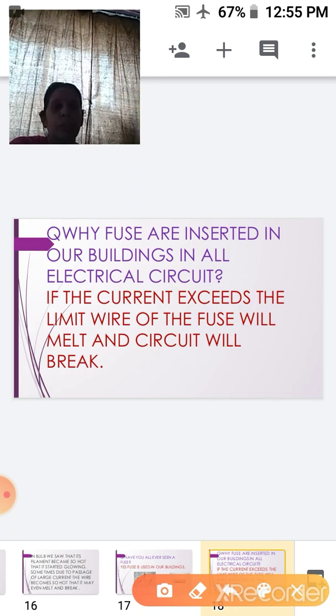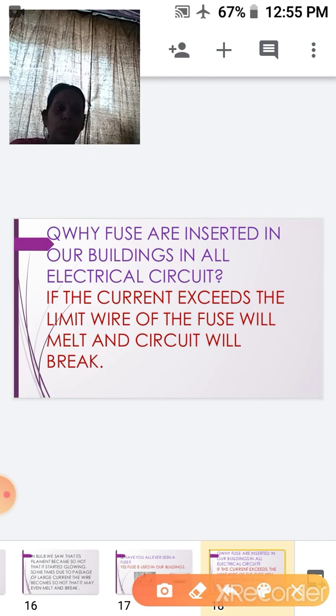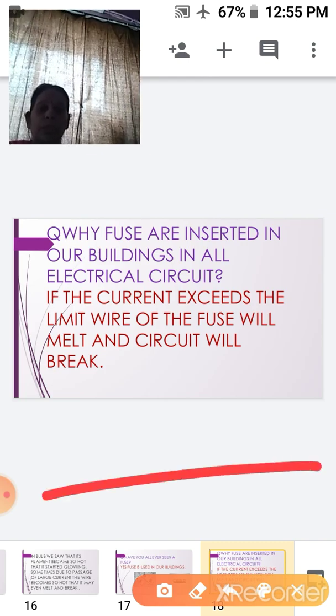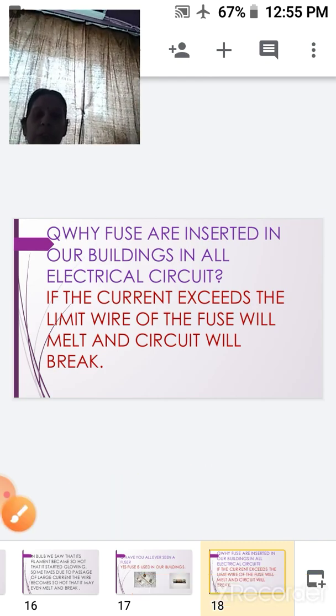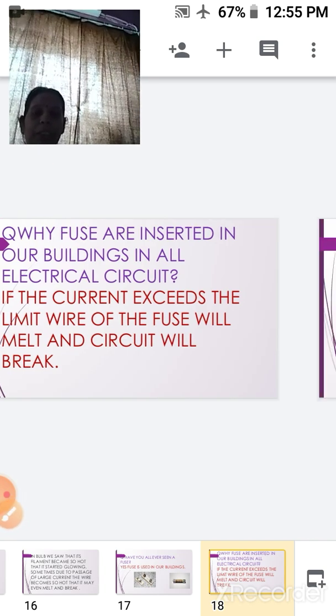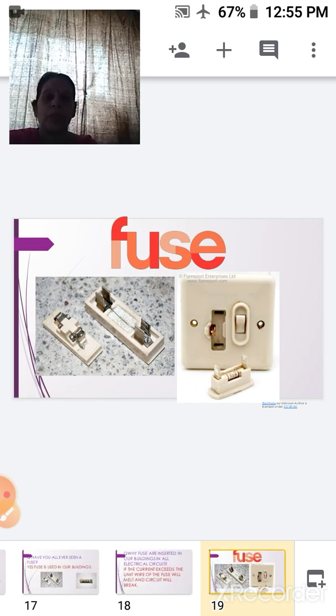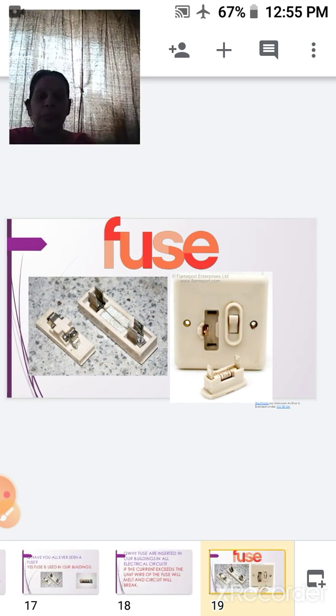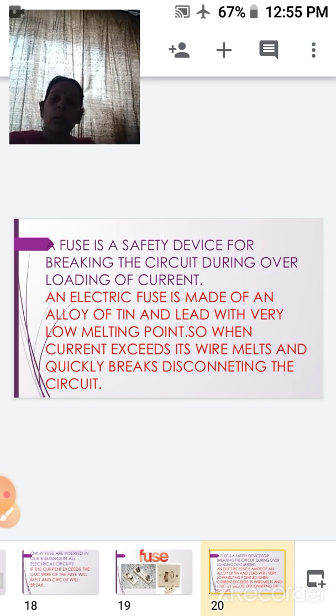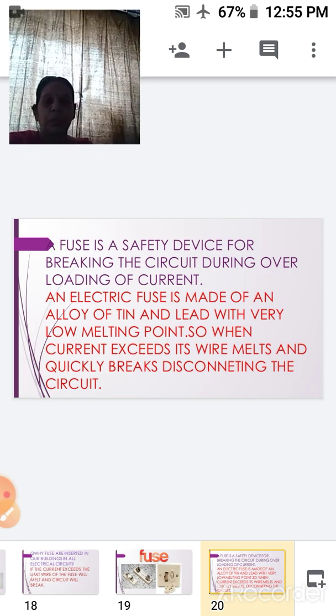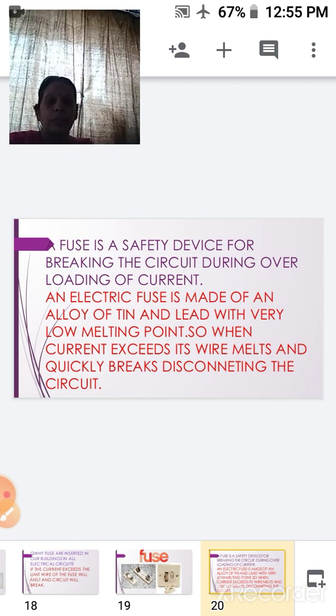Okay, so for prevention of the melting of the insulating material which is there on the wire, this is there. So this is the fuse that we use. Now what is a fuse? A fuse is a safety device for breaking the circuit during the overloading of a current.